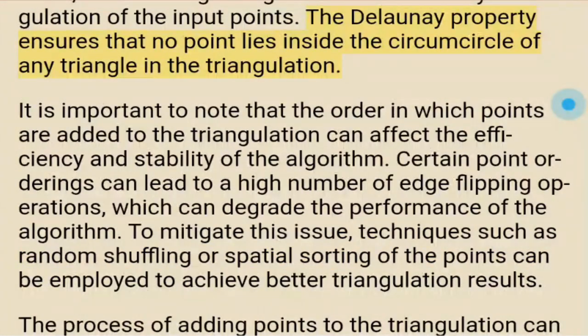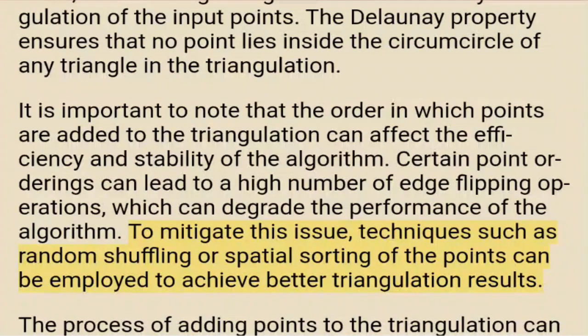The Delaunay property ensures that no point lies inside the circumcircle of any triangle in the triangulation. It is important to note that the order in which points are added to the triangulation can affect the efficiency and stability of the algorithm. Certain point orderings can lead to a high number of edge flipping operations, which can degrade the performance of the algorithm. To mitigate this issue, techniques such as random shuffling or spatial sorting of the points can be employed to